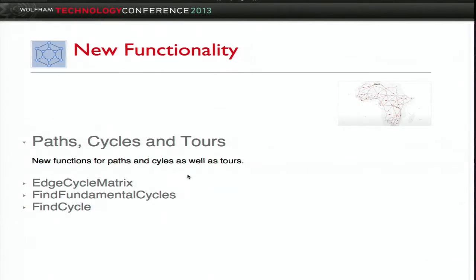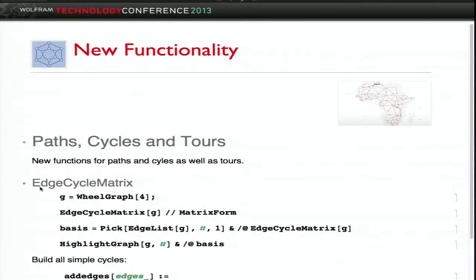So essentially, Cycle is similar to Path. But the main thing is that with Cycle, you can actually generate a basis. You can see it as a vector space and do some basic algebra on it. Essentially, you can generate a basis which helps you to express or to do some computation on paths. So one of the first functions we introduced is Adjacency Matrix,